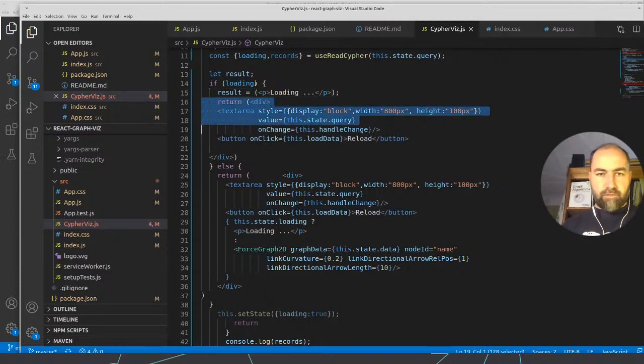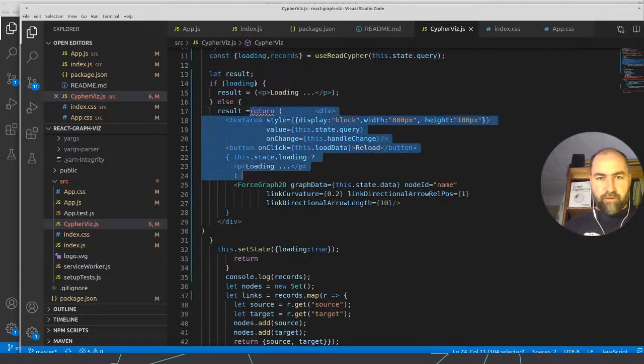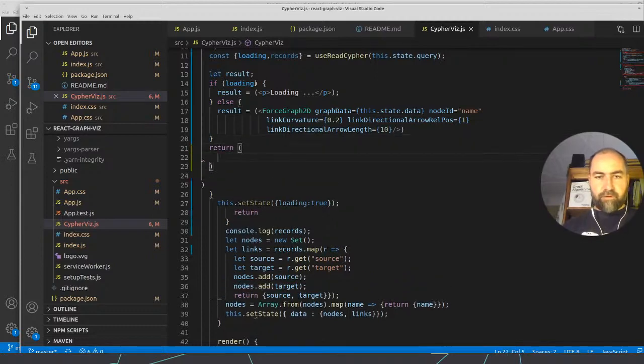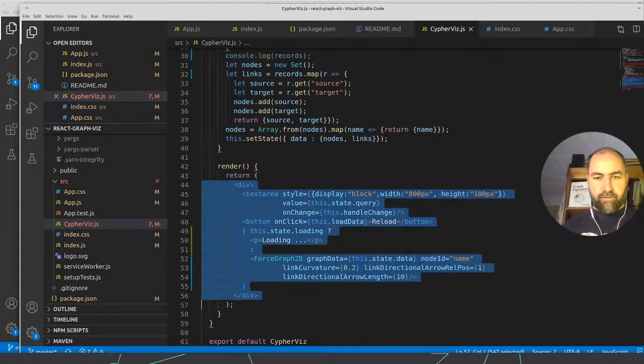And otherwise the result is our force 3D graph. So that's this bit, and then we would return our component with the whole shebang.